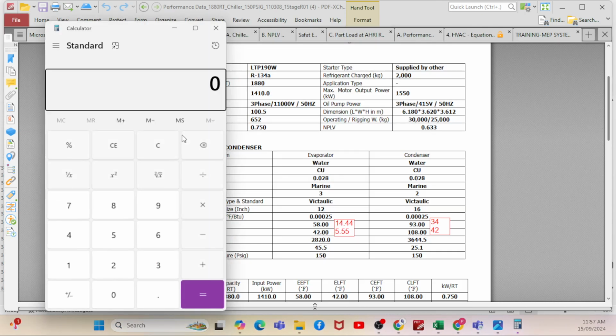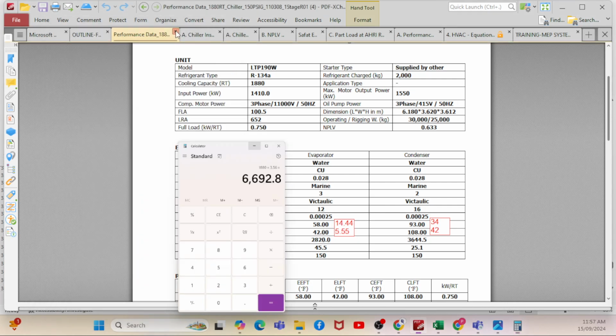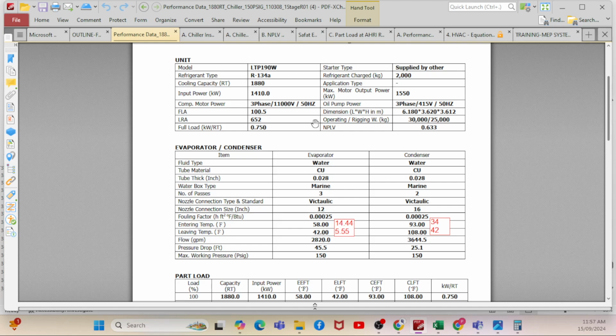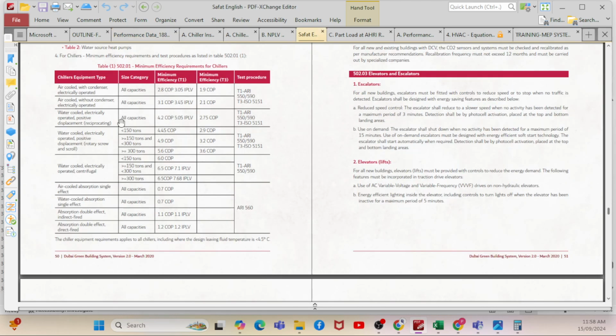Basically, this will be 1880 multiplied by 3.56. So we are talking about 6,700 kilowatt for one single chiller. So this particular chiller will be used to cover 6,700 capacity. Clear, right, everyone? Okay, and if you go to our local regulations, remember we have seen for the water cooled